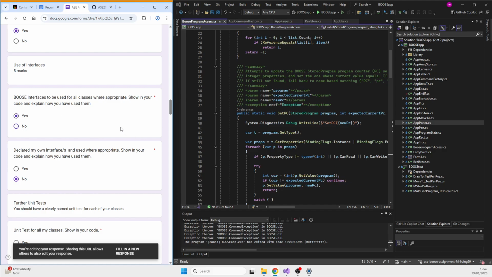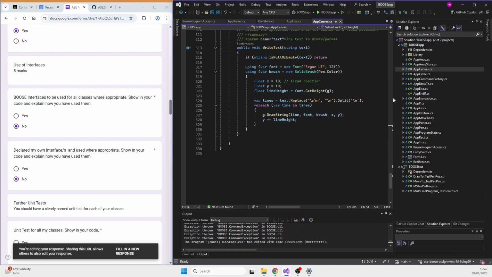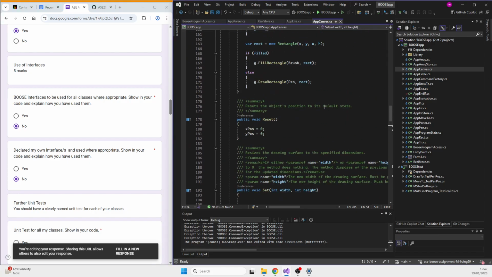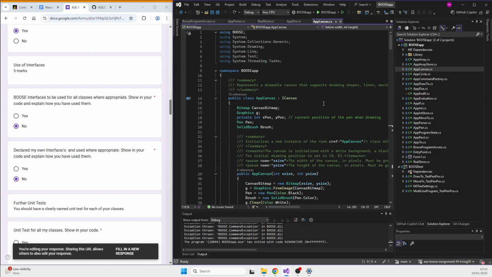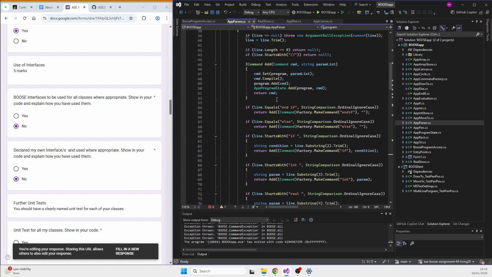So interfaces, we get on to some code. Canvas, it's the first one. So I have two of these. I have Parser as well.